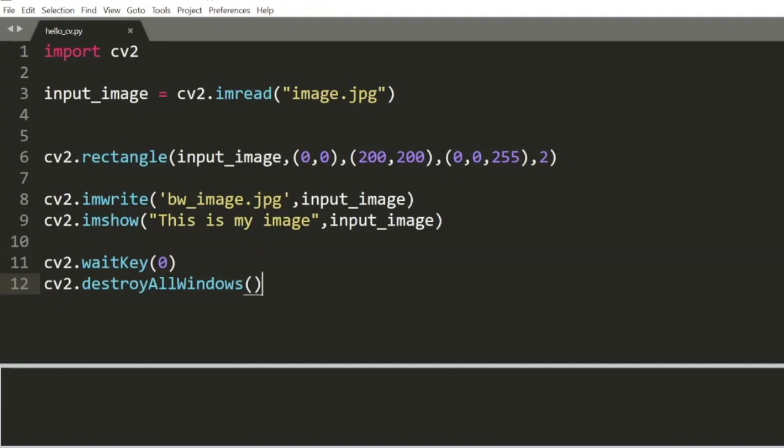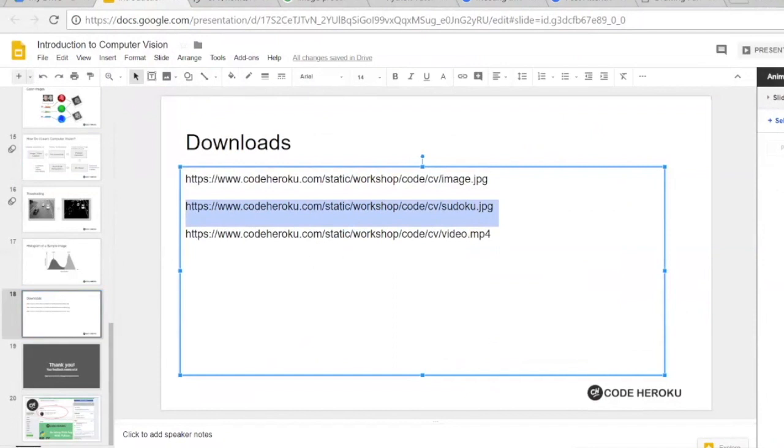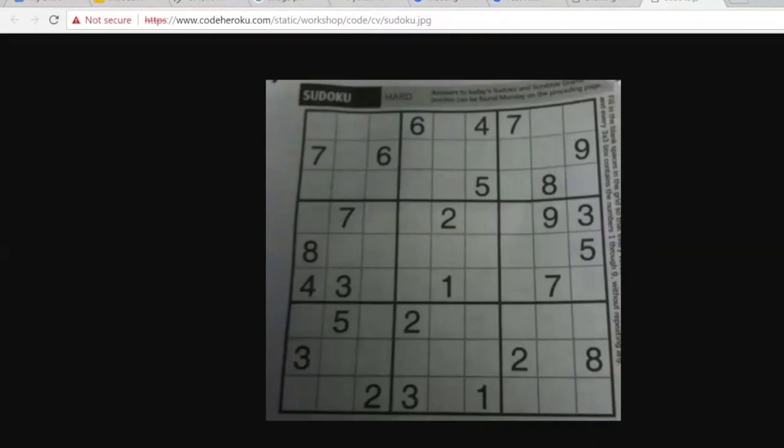The next thing that we want to do is, let me give you an image that we would want to work with, and I would want you to download that image. I'm gonna paste this on the chat window. What we have is an image from a newspaper cutout of a Sudoku game. And what we want to do is, let's say we wanted a robot to learn the Sudoku from the newspapers. Not just a robot, but any computer vision algorithm. Now we want to train our machine learning algorithm to be able to read all the newspaper cutouts and then be able to understand how the game of Sudoku works.